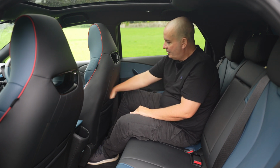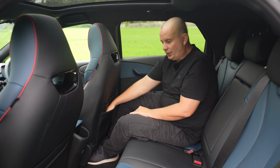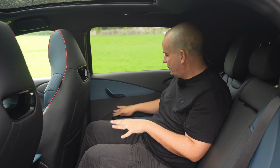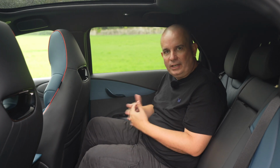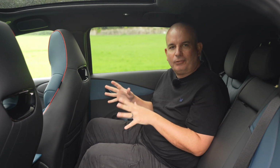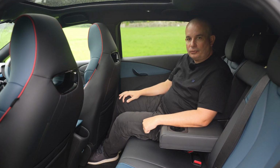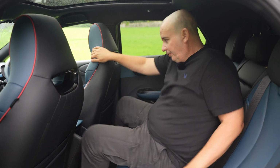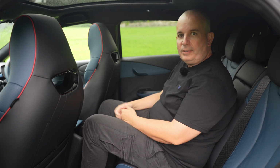You've got individual pockets there to put mobile devices in, plus a larger pocket. Once again, quite hard but interesting materials and textures have been used, and it really just feels a little bit different in here, but not different in a look how crazy I am kind of way, different in a good way. We've also got a nice big central armrest here with a couple of cup holders built in, completely flat floor, which means you could sit 3 adults in here, although you are going to be fighting for a bit of